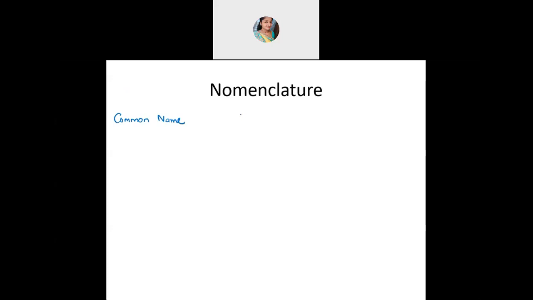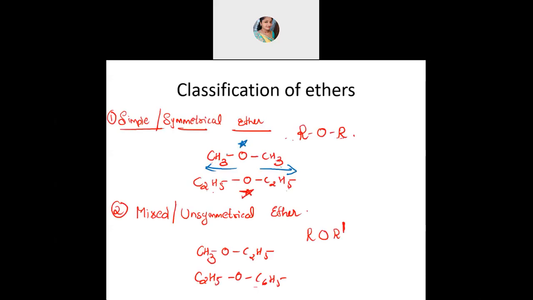OR. Ether is there, no? Alkyl ether. Okay, common name is alkyl ether. Like how you had alkyl alcohol, alkyl halide, like that only alkyl ether. But you see, because there are two alkyl groups present, if CH3 and CH3 are similar, then you should write di. Here CH3 is methyl, no? So dimethyl ether will be the name, for that example I gave you. So alkyl ether is a common name.